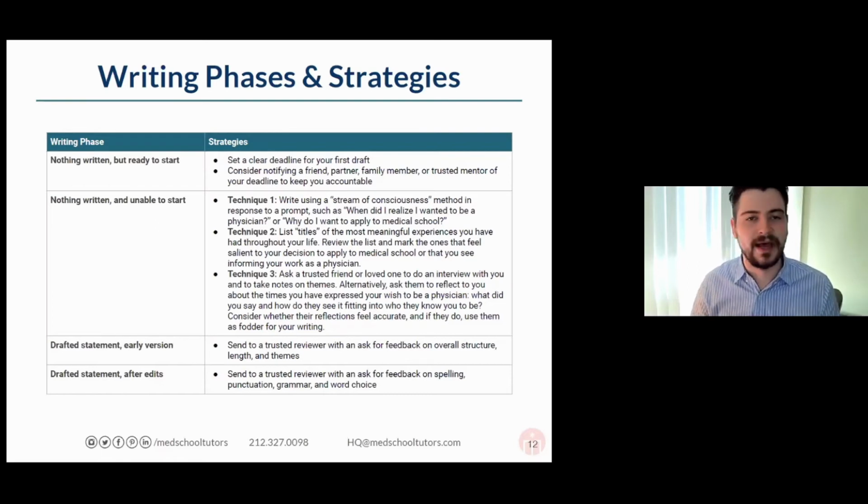If you've done many, many rounds of edits and you feel good about where your personal statement is at, and this will come back to that idea of mixed opinions, I want you to be really clear with your proofreader. If you have run this by 5 or 6 or 7 people and you feel good about it, and what you want from them is to be a copy editor and for them to look at your grammar, your punctuation, your word choice,